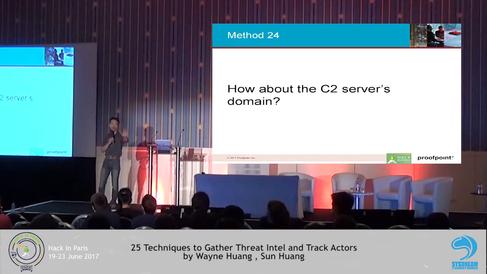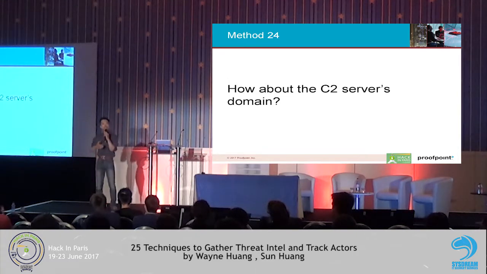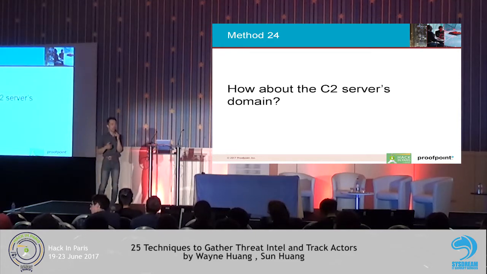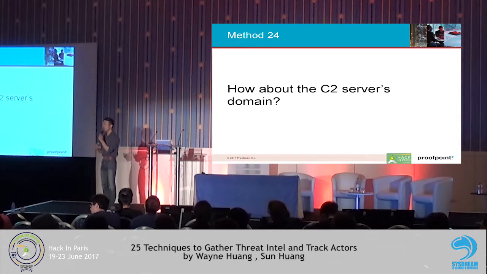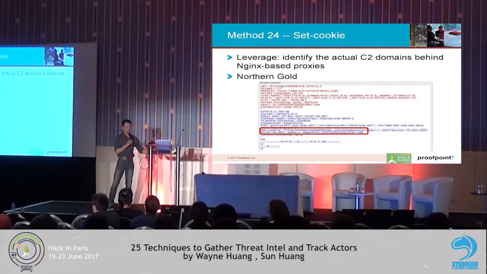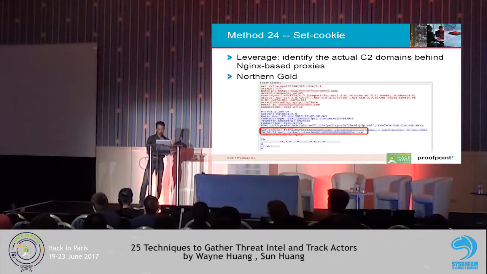Okay, so now we've owned everything, but sometimes they have an Nginx reverse proxy in front of their server so that although we're accessing their web control panel, we don't know what the actual server domain or IP is, okay? A lot of them do that. So what can we do about it? Like, for example, for Norton Gold, here, one technique,